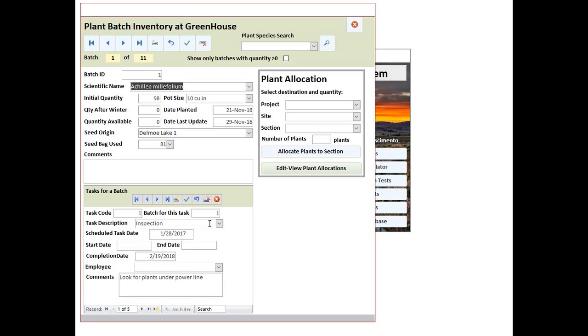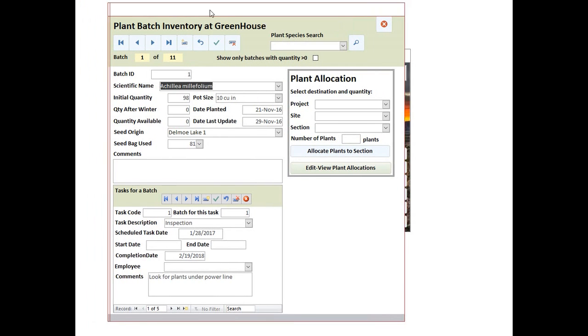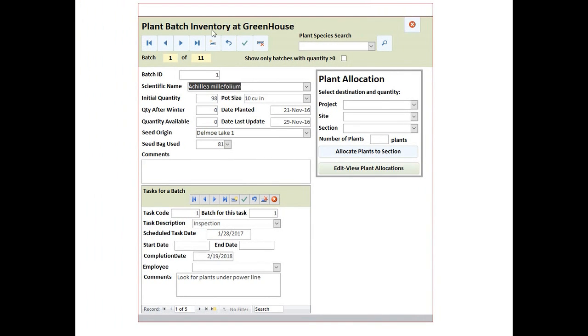And also in a project we have to know how many plants we're going to plant in every site or section, so this screen helps us to manage these issues. So here's a plant batch inventory at greenhouse. We can add new plant batches with this button, add records, but I'll show you a record that is